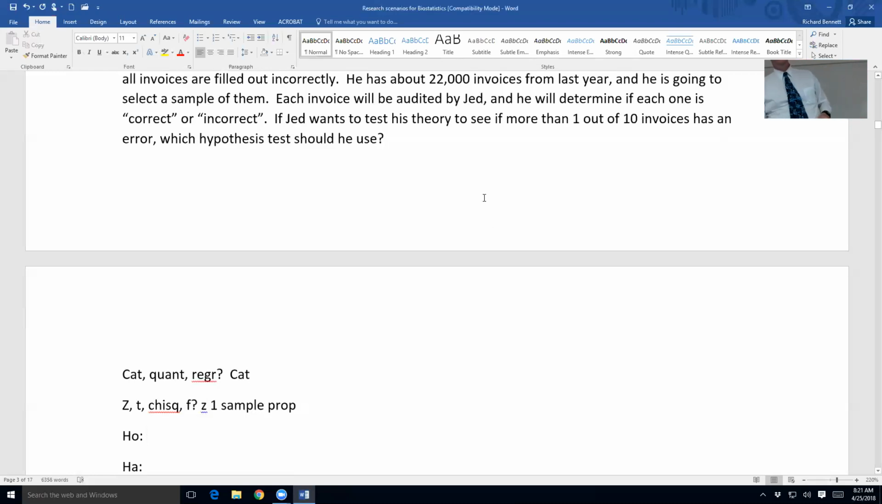But there's plenty of information here. I mean, this is kind of the key phrase right here. He wants to see if his theory about 1 out of 10, okay? They're giving you the proportion right there. In fact, that's the key phrase for the null hypothesis. So the null hypothesis should be, Austin,